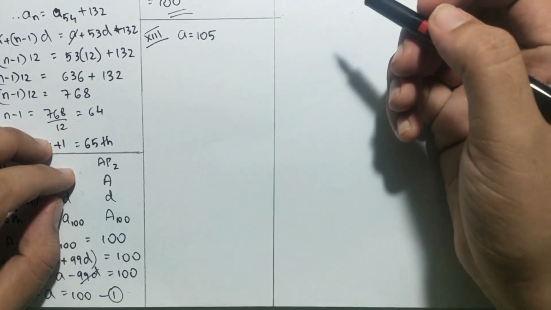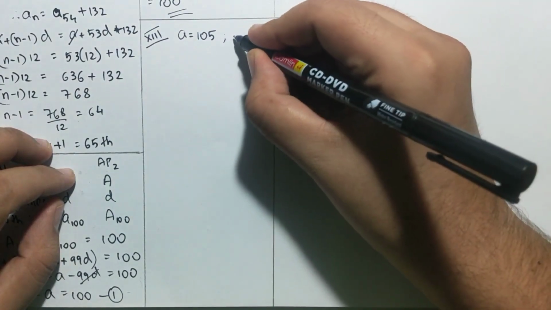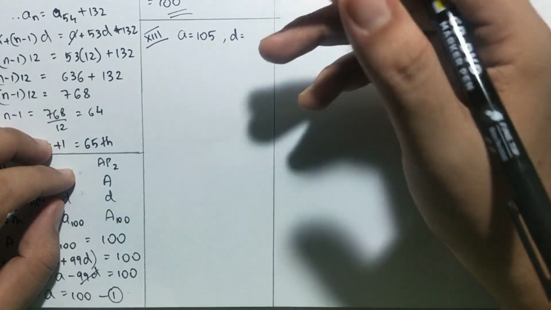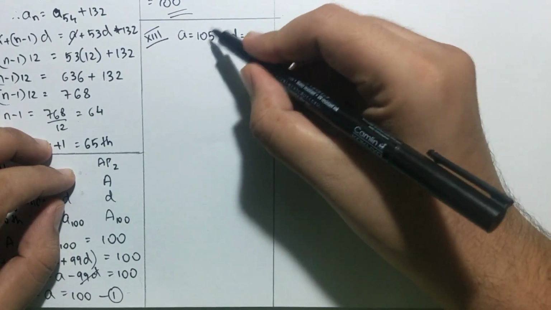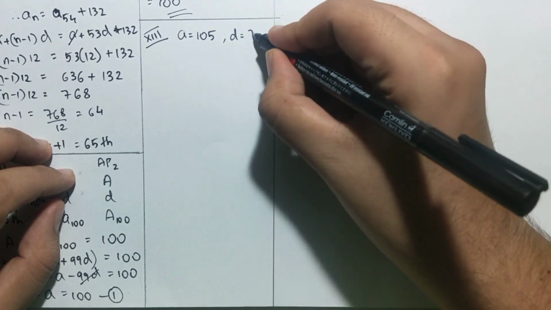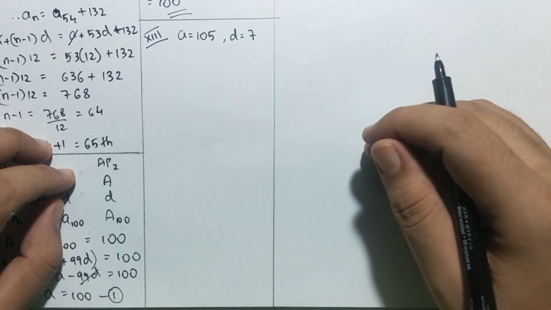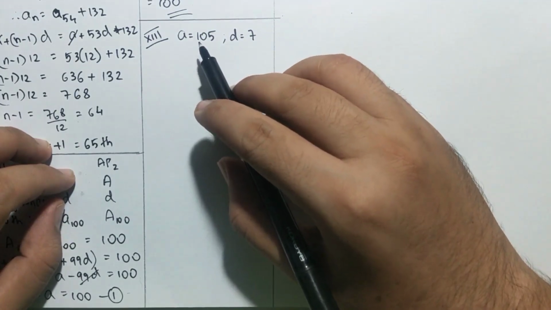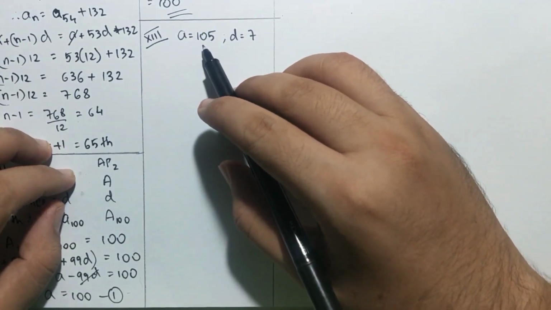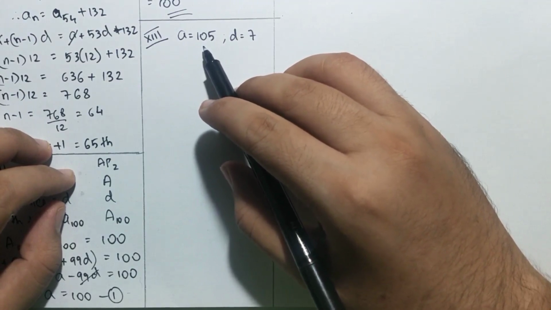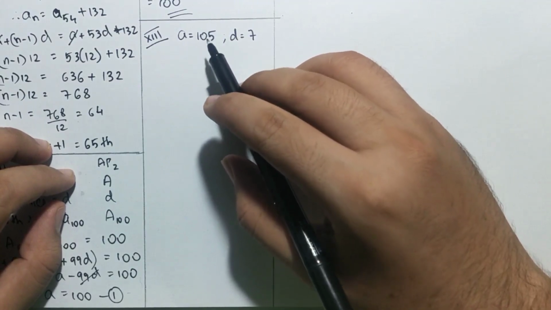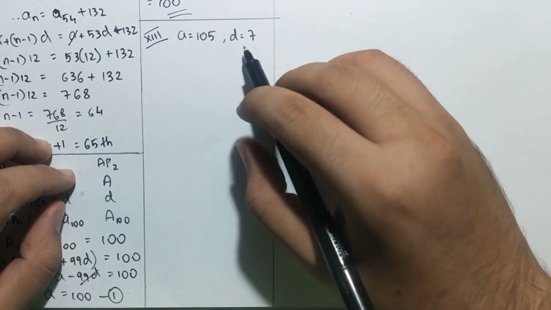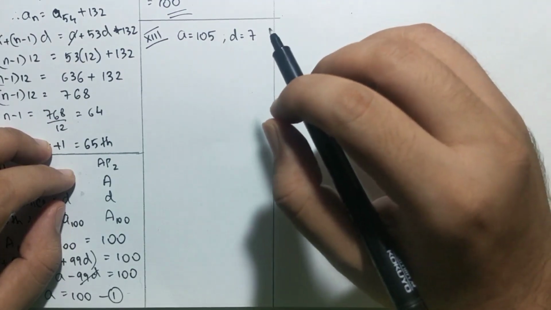That is the first term of the AP. Now what would be the common difference? If a number has to be a multiple of 7, the next number will come after adding 7. So the common difference will be plus 7. Understood? See, the first term is 105. Why? This is the smallest 3-digit number which is a multiple of 7. Now what will be the next multiple of 7? Obviously if we add 7 to it, we will get the next multiple of 7. So common difference will be 7.